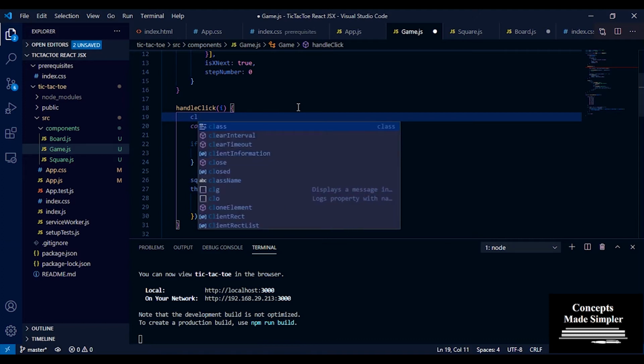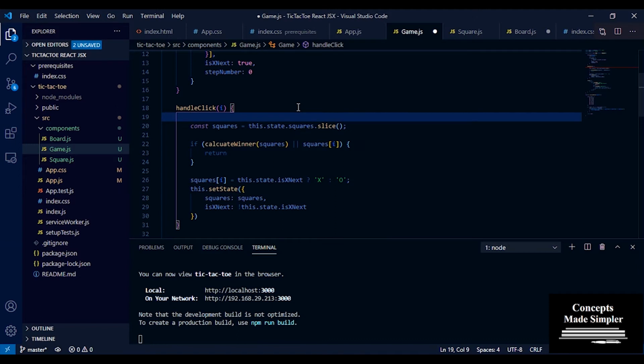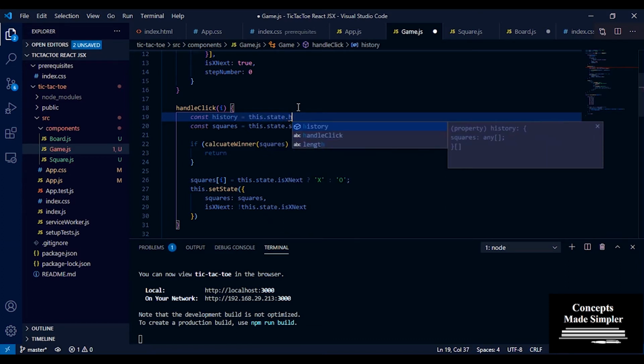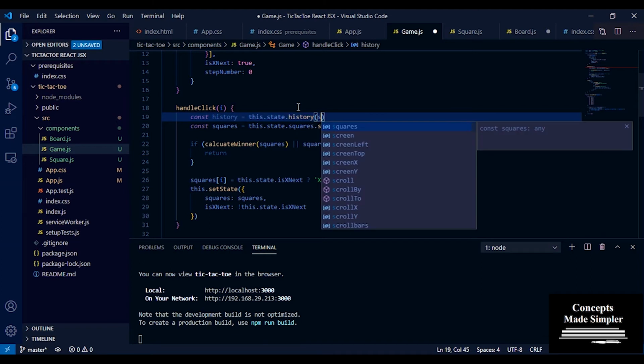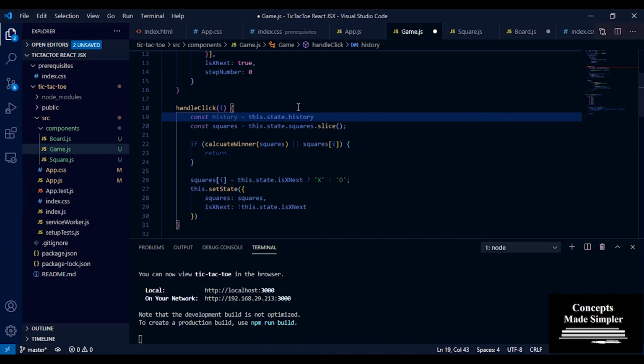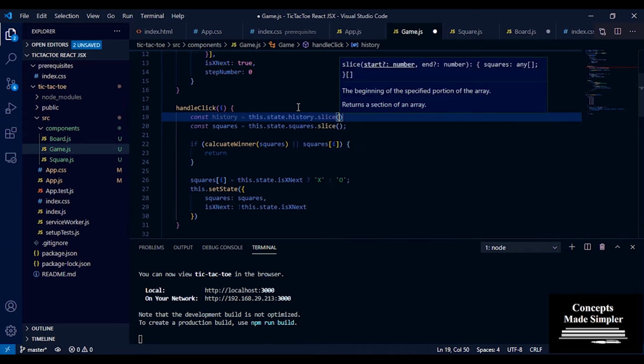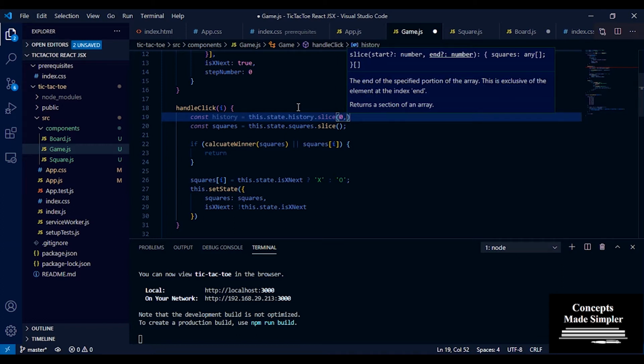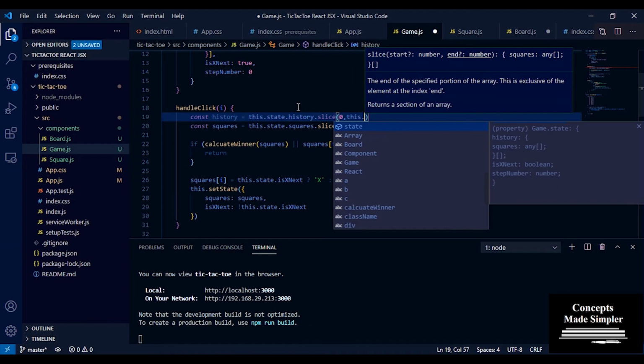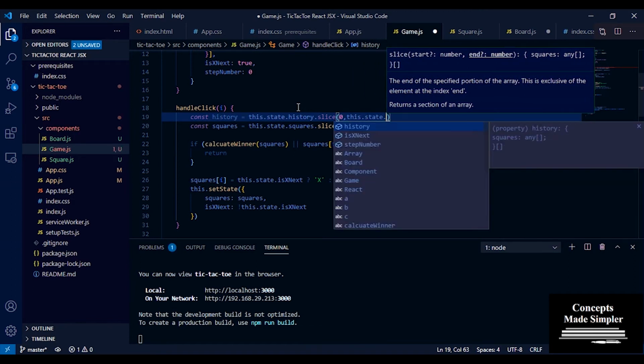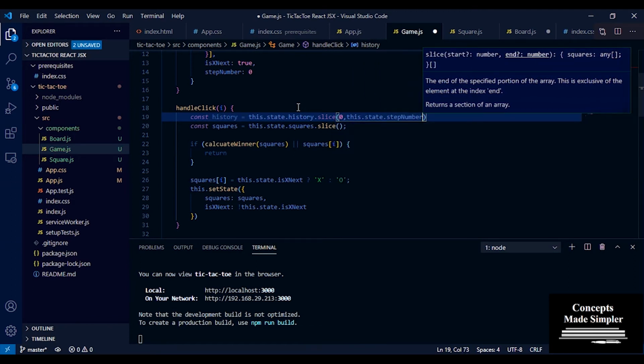We make a const called history, and we pull it from this.state.history, sliced: history.slice from 0th till this.state.stepNumber plus 1.